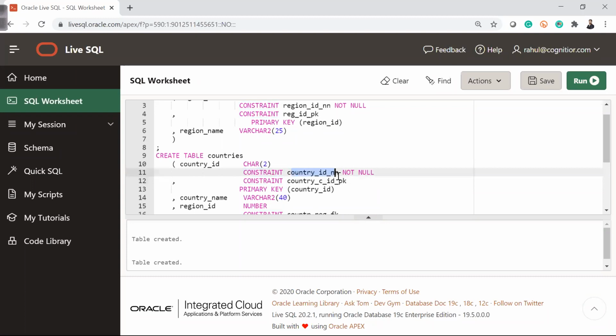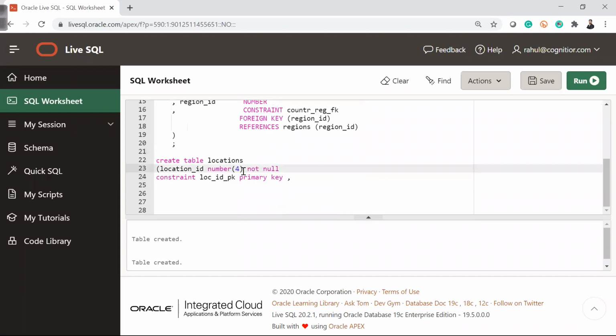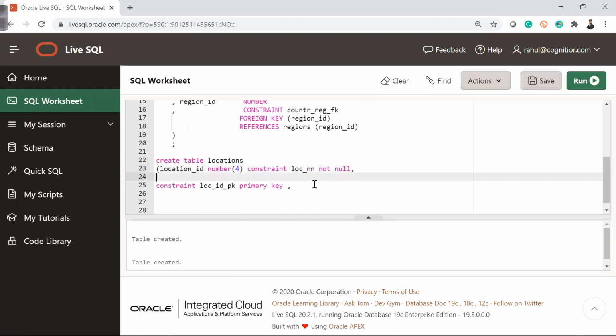For not null, I'm not giving any constraint name, I'm just writing not null without the constraint keyword. This way we can also go. If you want, we can give constraint not null with a name as well, like loc_nn, but then we will have to put a comma and then the primary key constraint separately.